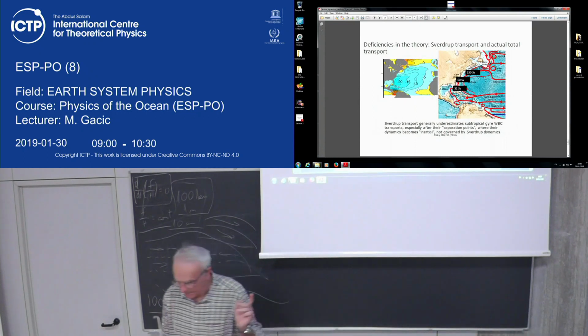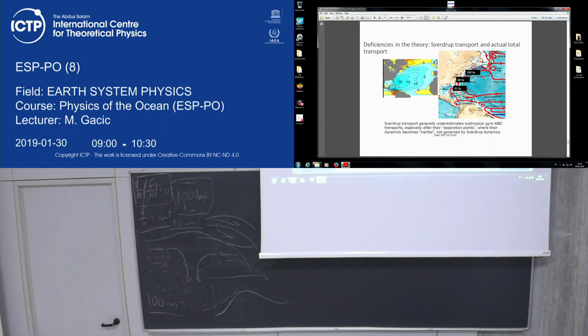One more thing, and then we will stop here. And next time we'll start with the instrumentation. This is the Sverdrup transport. Generally it underestimates subtropical gyres where there is no circulation governed by the wind influence only,